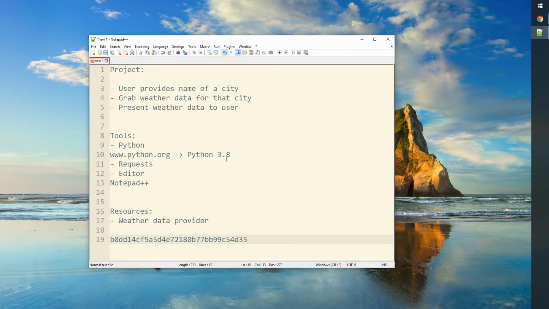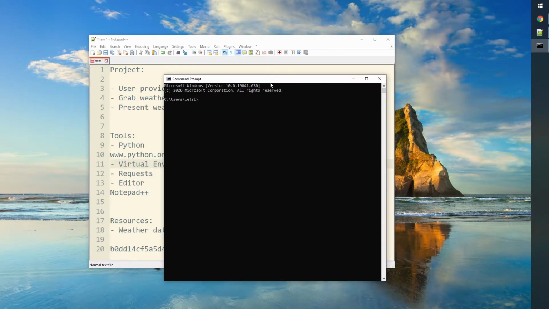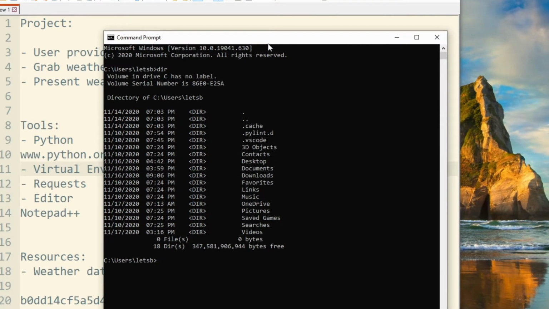Now, I mentioned that we're going to be using a Python virtual environment. So let me show you how to do that. I'm going to start a new command prompt window. And this is my home directory. And let me create a new directory for our project. We'll call it weather app. So I'm going to create this weather app directory, go into the directory, and here I'm going to create the